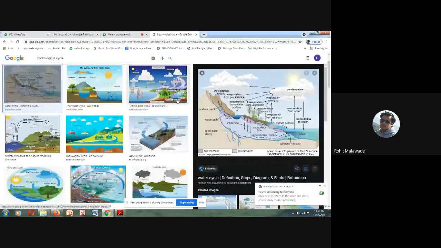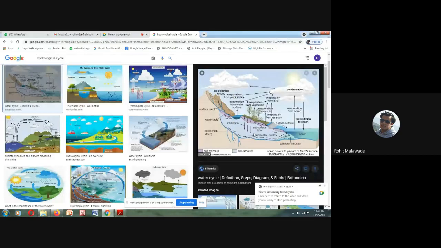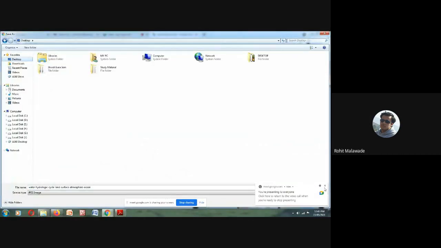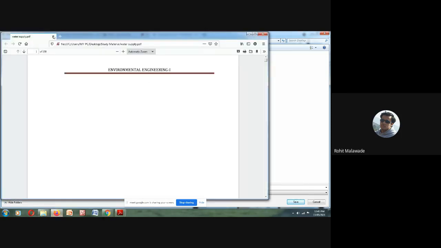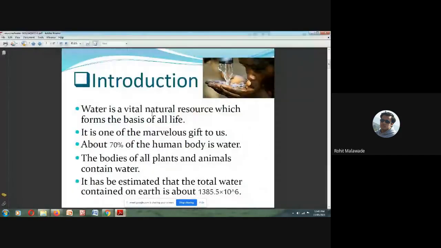Now, as we know, we will first see what the importance of water is in your life, right? After air, the most important thing that a living human being requires is water. After air, water is the most important thing that we require. Now we will see how this particular water is important in someone's life. We will see it now.